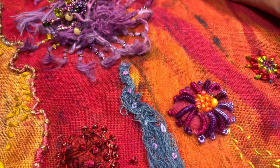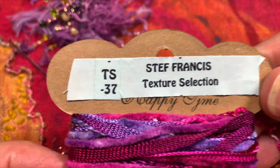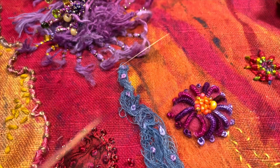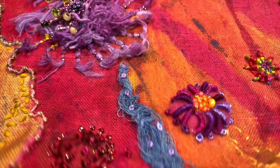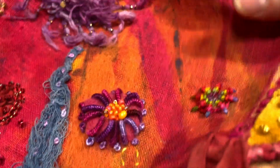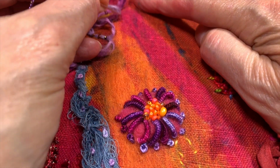And I think I'm going to do, I've got this threaded up. It's from the Texture Selection Stuff Francis 37. I sort of like this purpley, pinky, magenta kind of colorway along some of this red. So I think I'm going to do something in here. I'm not really sure what. I might do, I mean, one thing I could do is some chain stitches around and then